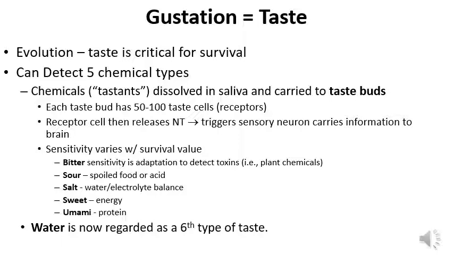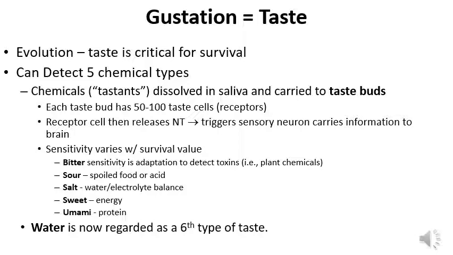That sort of thing. So on our slide here, we're going to understand that our taste receptors found on our taste buds can detect 5 different chemical types of taste. And those tastes qualify as bitter, sour, salty, sweet, or something called umami, which is associated with the presence of protein in the food that we're eating. And it's also sometimes described as a savory taste. Water is regarded as a 6th type of taste. So technically at this point, I guess we say there's 6 different chemical types of taste: bitter, sour, salt, sweet,